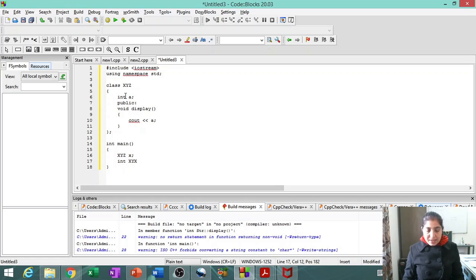The name of the class is XYZ. Then scope resolution operator asterisk P is equal to address of XYZ scope resolution A. So now this pointer is pointing to A,